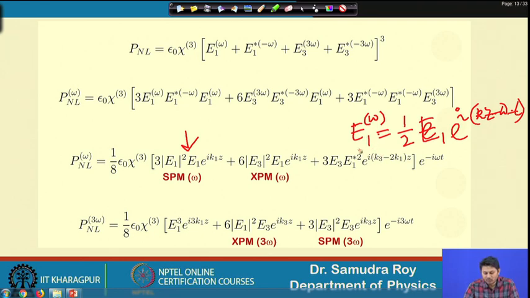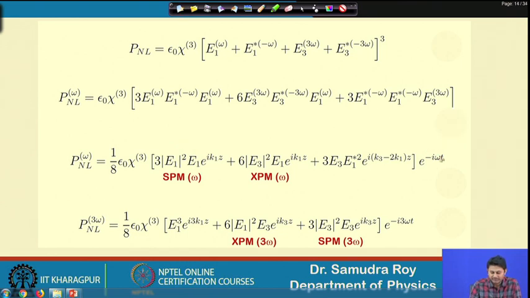So, if I use this E1 here, then we will have this exponential term and this amplitude term, and we write this in this way. So the exponential term will come here. The entire term will have a frequency component omega, so e to the power i omega t will appear all the time. So, I can take it as common, and then we will have this term which is related to self phase modulation, this term which is related to cross phase modulation, and finally, the other term which is related to the third harmonic generation term we will discuss later.